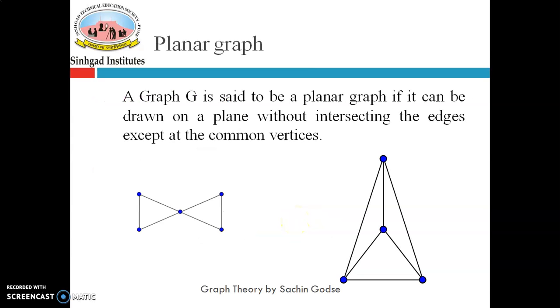Now the next term, or we can say type of graph, is planar graph. A graph G is said to be a planar graph if it can be drawn on a plane without intersecting the edges except at the common vertices. So no edge is intersecting with another. In that case, that particular graph is called a planar graph. You can see the example here. These are graphs drawn on the plane and there is no edge intersecting with another. Intersecting means